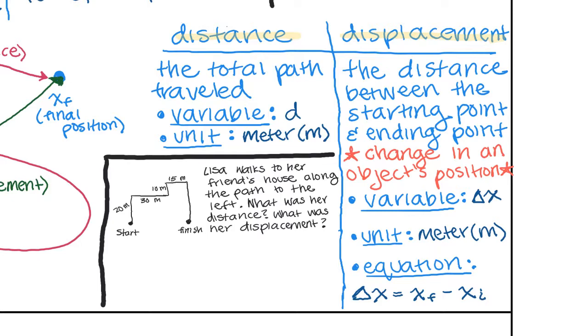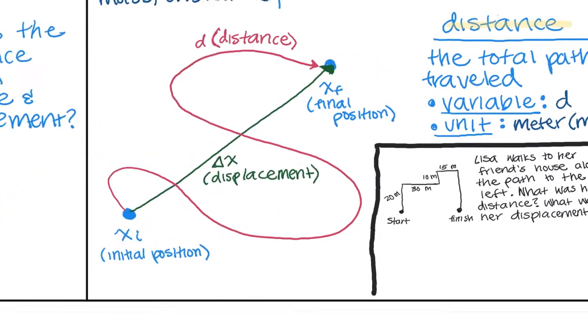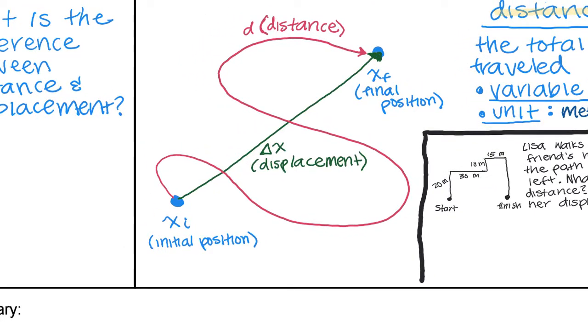If you were thinking about the distance traveled, say we started at xi, which represents the initial position of an object, down here in the bottom left corner, and we followed this pink path all the way, say we're hiking in the woods, up to our final position of xf,